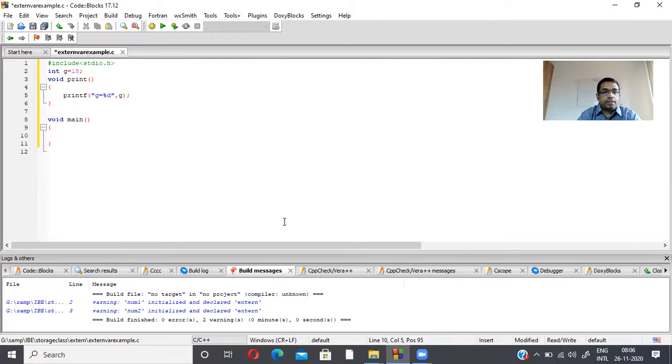Within the main function, I'm printing the variable g again: g equal to %d, comma g. Okay, so we are going to run the program.